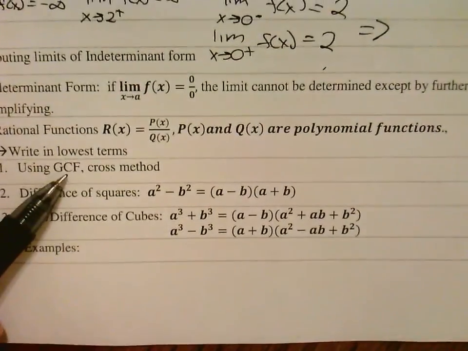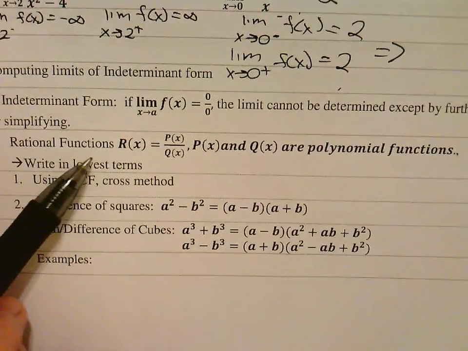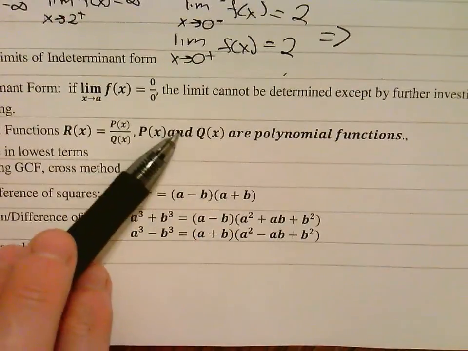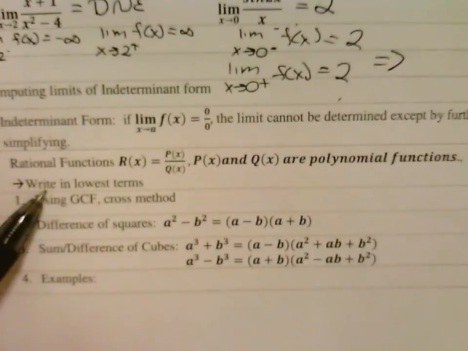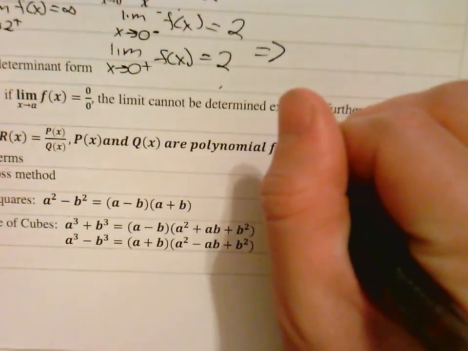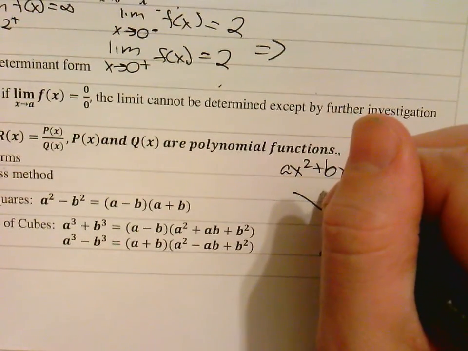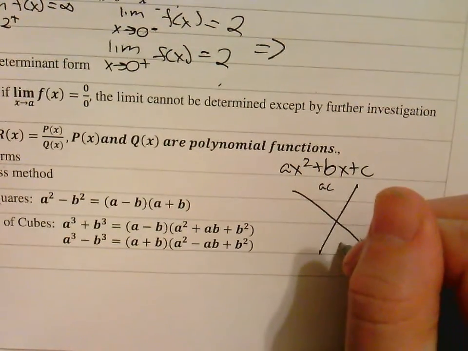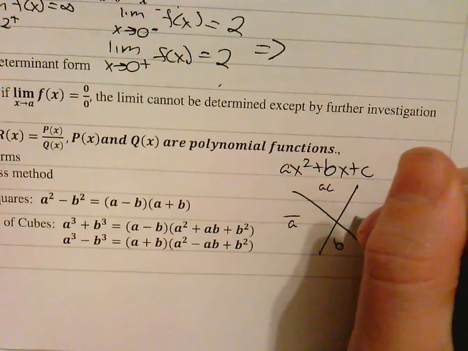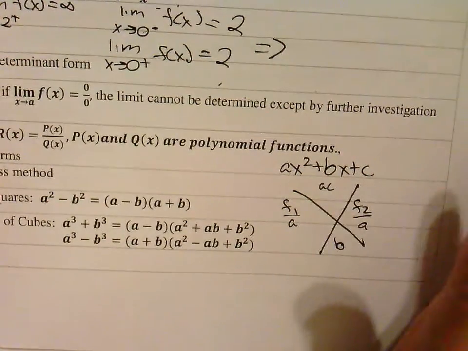But for some, if you can see that you can factor, try to take it out. So we have rational functions. Remember, p of x and q of x are polynomial functions here, in lowest terms. You can use GCF or the cross method. If you've never seen the cross method before, guess what? Remember, you have ax squared plus bx plus c. This is ac here. This is b. This is over a, factor 1, factor 2. So you're going to be looking for factors of AC